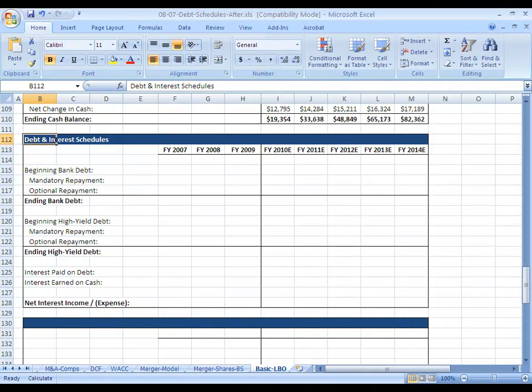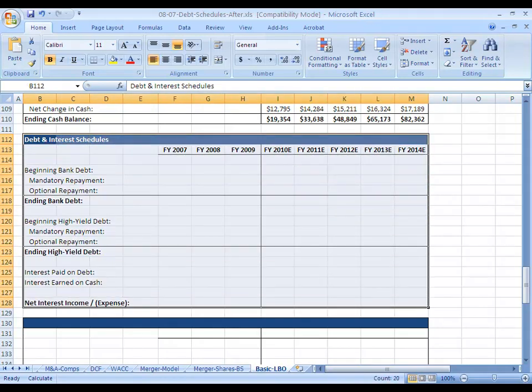In this lesson, you're going to learn about one of the most important parts of an LBO model, which is the debt schedules. Now, the reason why the debt schedules in an LBO model are so important is because if you think about